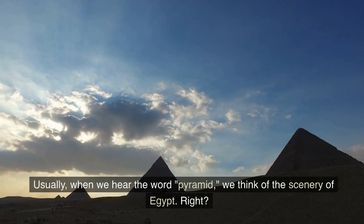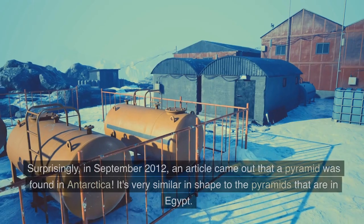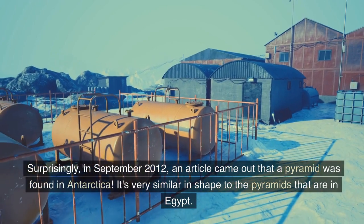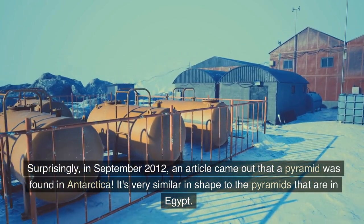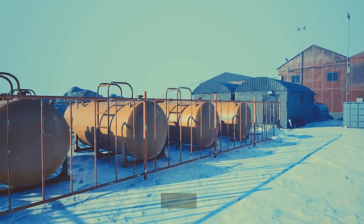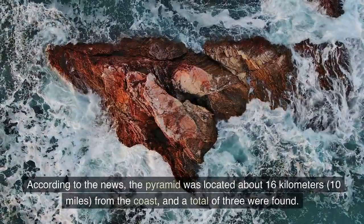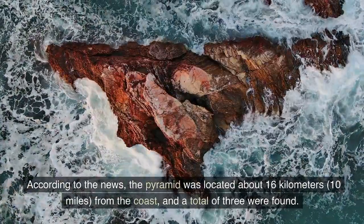Usually, when we hear the word pyramid, we think of the scenery of Egypt. Right? Surprisingly, in September 2012, an article came out that a pyramid was found in Antarctica. It's very similar in shape to the pyramids that are in Egypt. According to the news, the pyramid was located about 16 kilometers, 10 miles, from the coast, and a total of